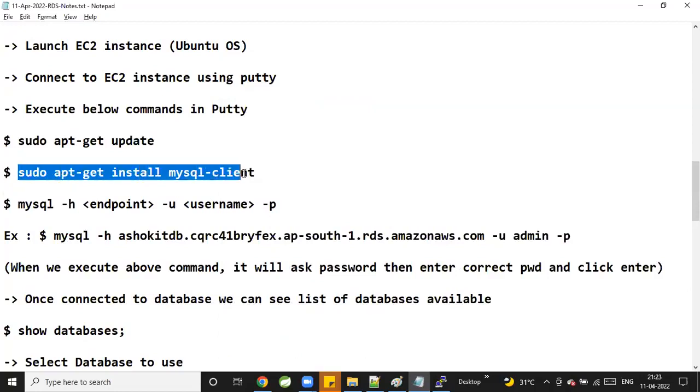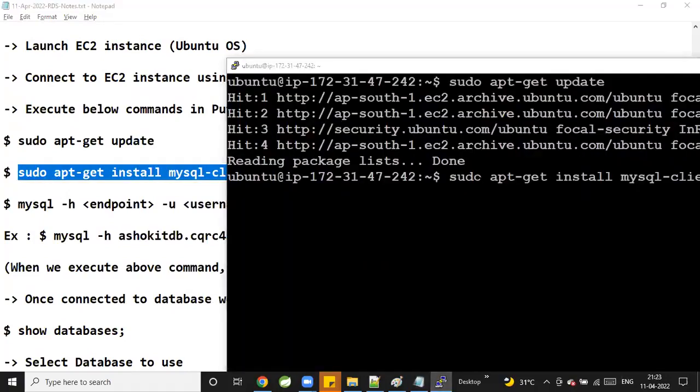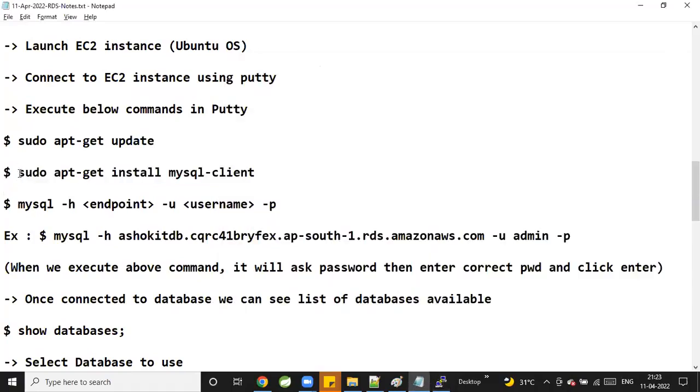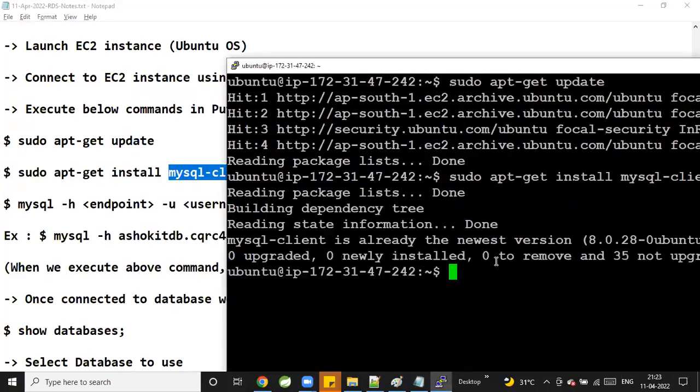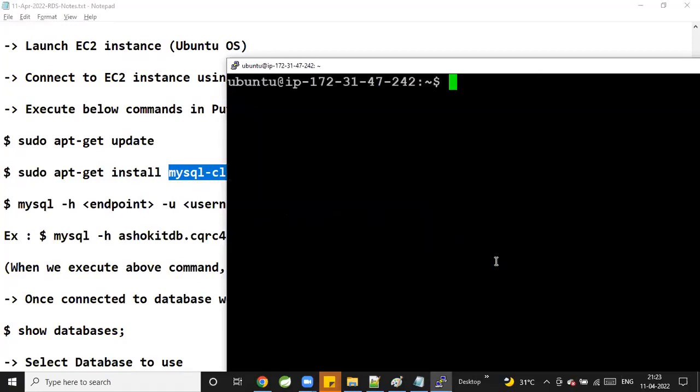Now, how to install the MySQL client software? I'm going to install the client software by using sudo apt-get install mysql-client. I'm installing the MySQL client software in our EC2 instance. It's already installed in my machine. Once we have installed the MySQL client, then connect to the database using our